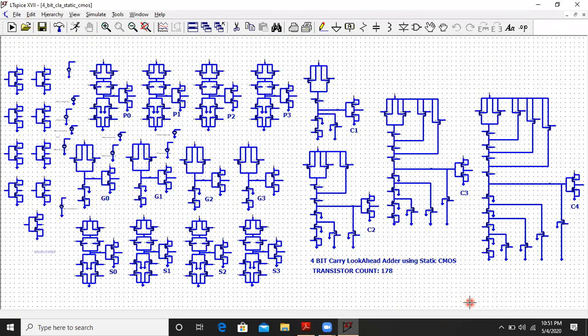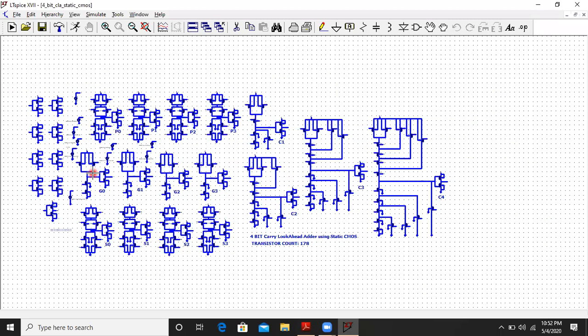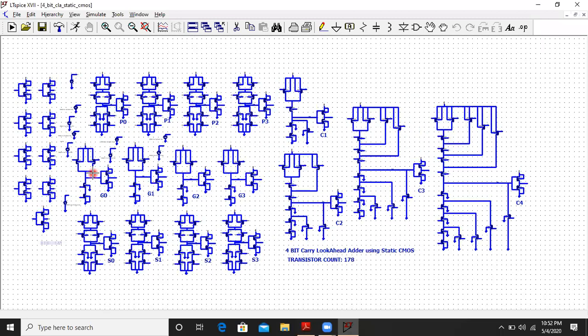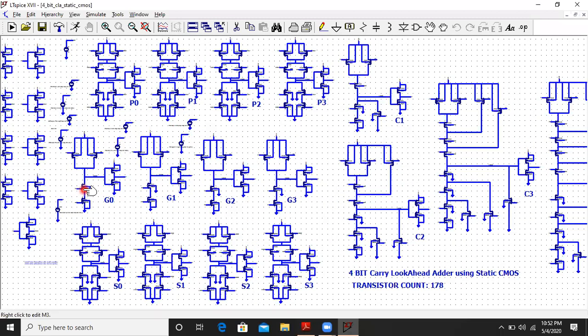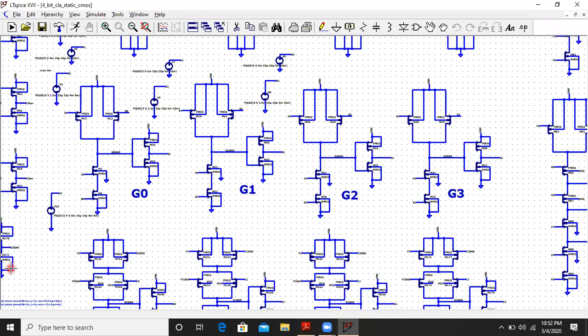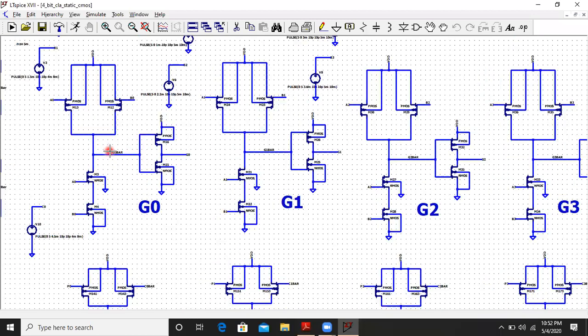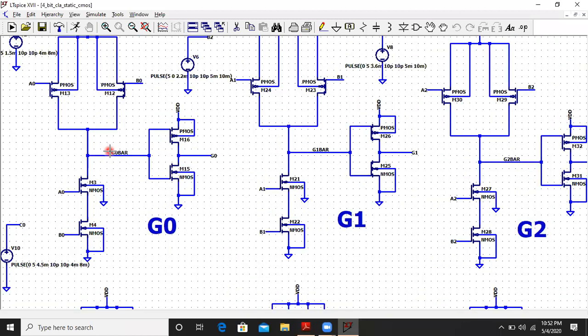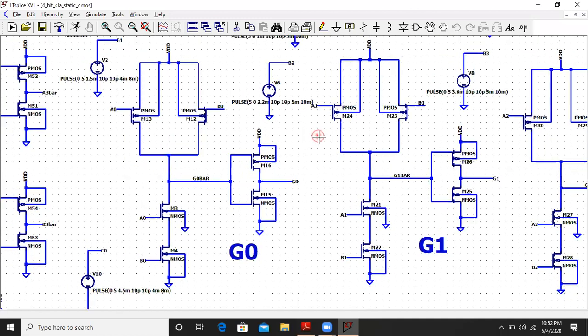Okay, that might be a surprise for you. You have so many transistors. As you can see, they are very small, so I will explain bit by bit, and then we can have a closer look. Let me expand this a little bit so that you get comfortable. I hope you can now see at least one block clearly.